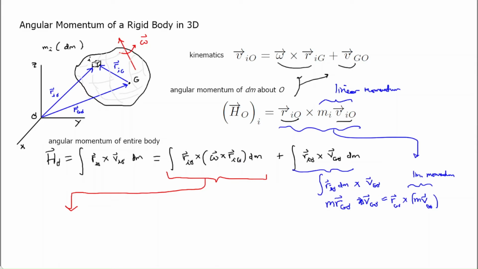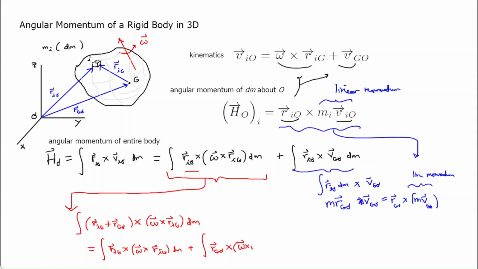Now r sub io, if you take a look at the blue vectors here in terms of the vector addition, r sub io itself can be written as r sub ig plus r sub go. That replaces the r sub io, and then cross omega cross r sub ig dm. Once again, we can distribute the product through the sum on the left. So the integral of r sub ig cross parentheses omega cross r sub ig dm, plus the integral of r sub go cross parentheses omega cross r sub ig